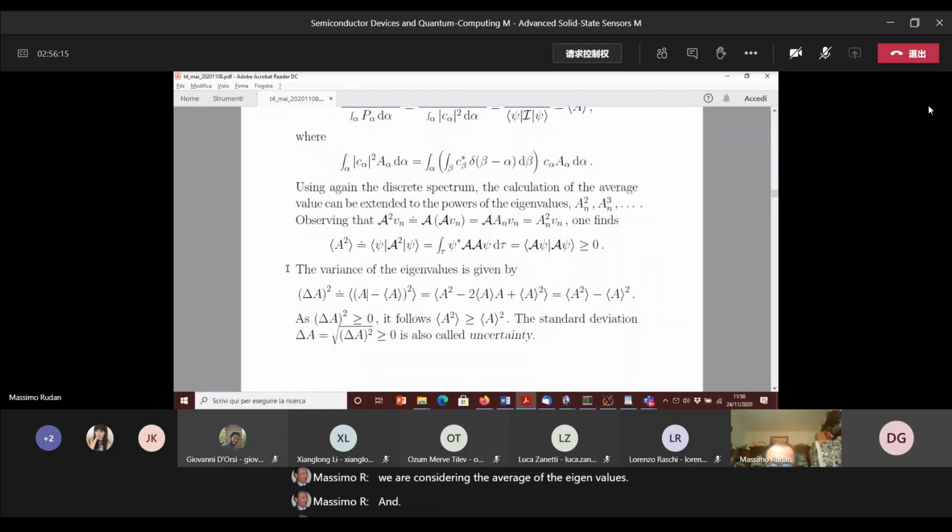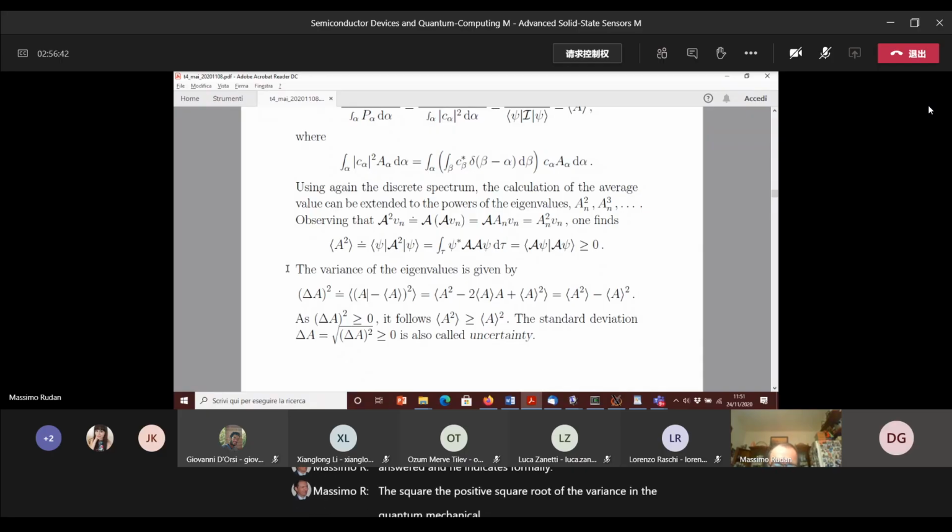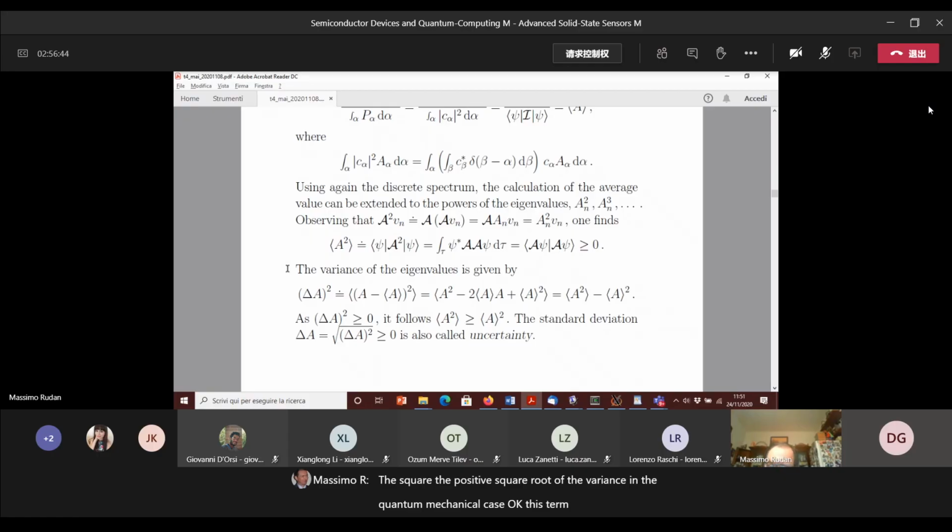Instead of using the normal term standard deviation, in quantum mechanics, for the square root of the variance, we use the term uncertainty. Okay, so the term uncertainty indicates formally the positive square root of the variance in the quantum mechanical case. Okay, this term uncertainty is very unfortunate